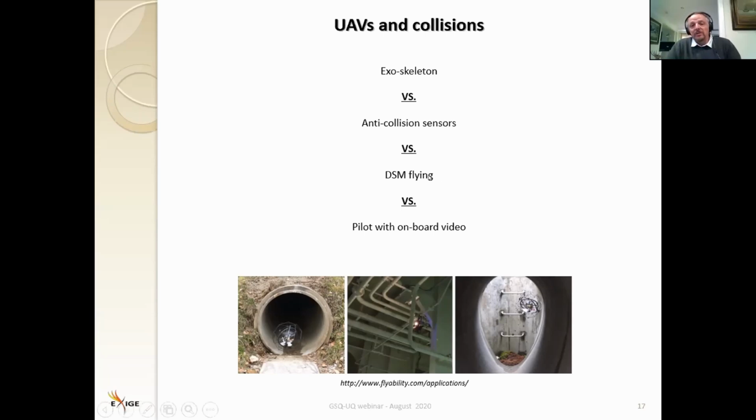Then the other solution is to fly from a digital surface model, which you will have to acquire from a LiDAR. Now, obviously, this means doing the survey twice. You have to fly once with photo or with a LiDAR, get your surface model, and then set up the automatic flying of your UAV based not on an SRTM, but on a digital surface model. And the last option, which is the one used right now, well, then you need a pilot. And he has to permanently keep an eye on the return of the video from the UAV so that it doesn't hit a tree. And these are a couple of challenges. We'll have to see where it goes